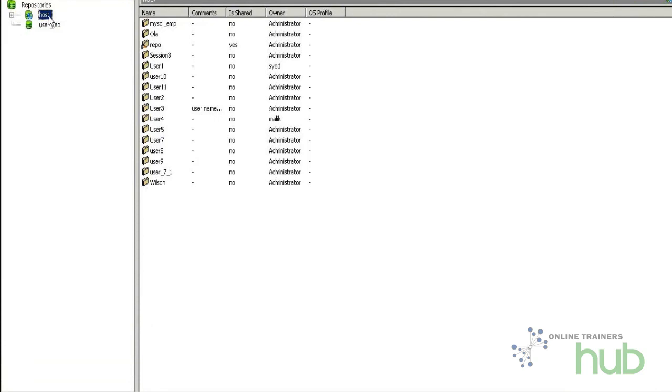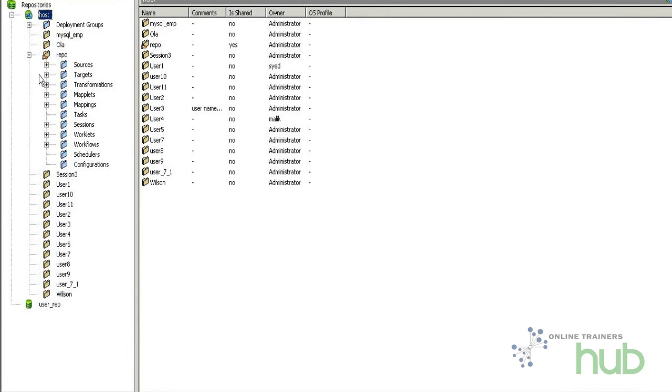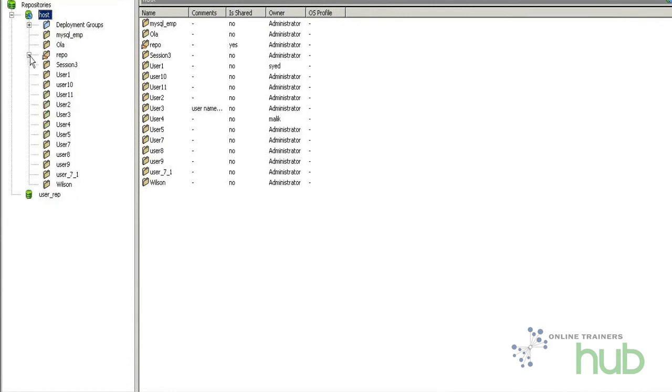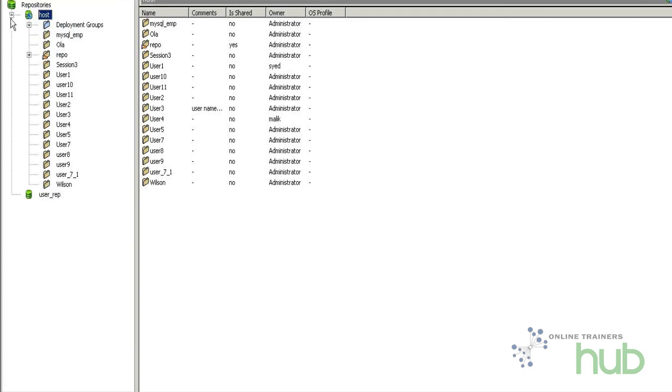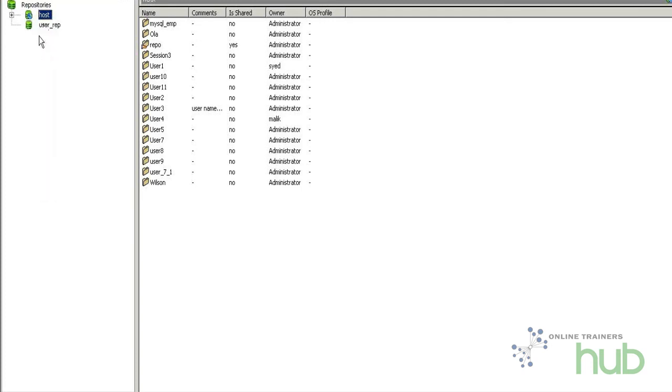You can move the code folder to folder, by individual program, and also by deployment groups. These are something advanced, which we can do from one repository to another. This is more like used by the Informatica administrators for migrating the code. As a programmer, you might also be involved in some cases in migrating the code from one repository to another. So these 4 client tools will be majorly used